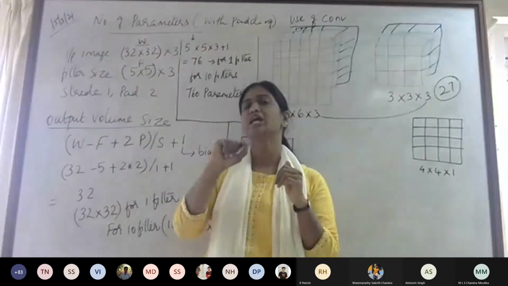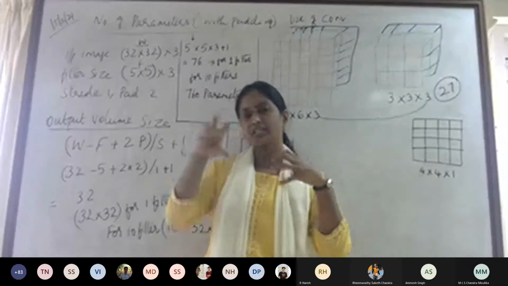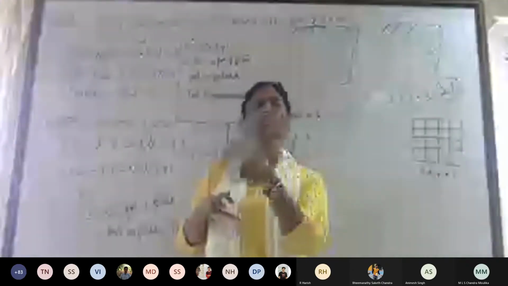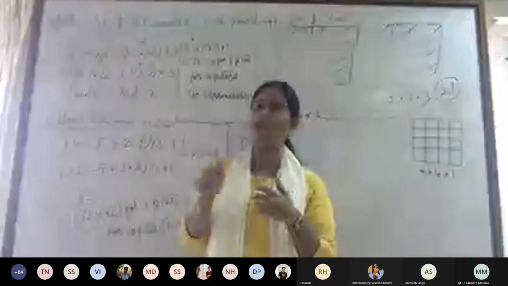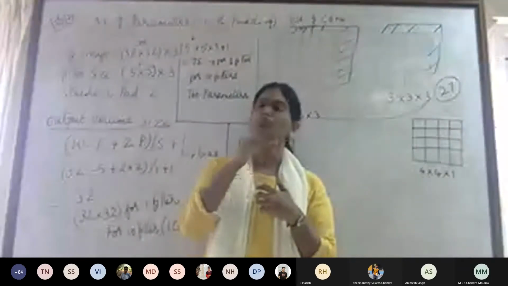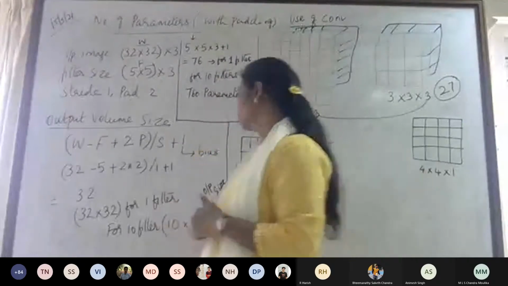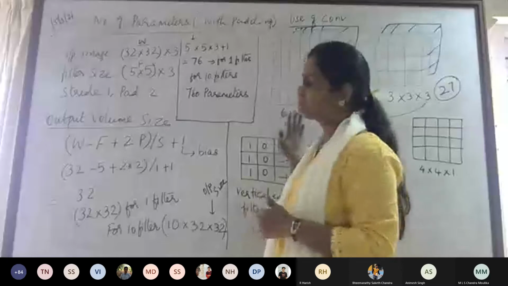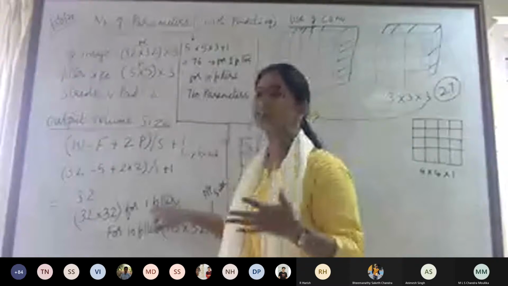So what happens is, to extract certain features, you need certain types of filters. The values you put inside the filter, the coefficients, really determine what you are going to extract out of the image. Now I will be explaining with an example. Let me explain the number of filters.